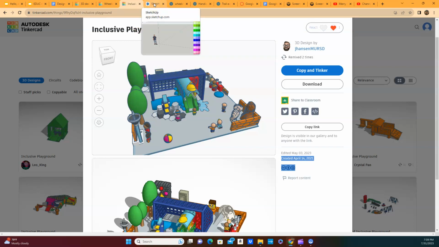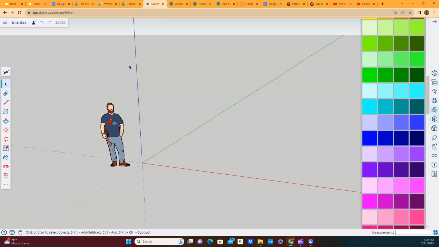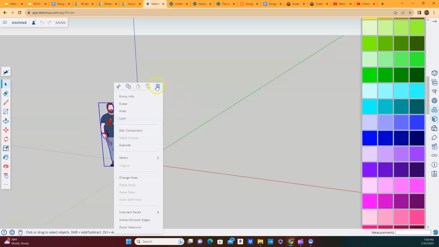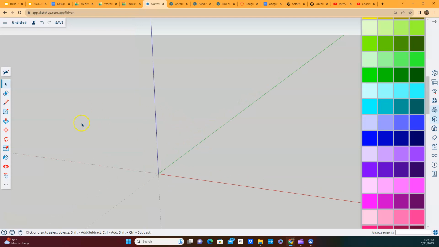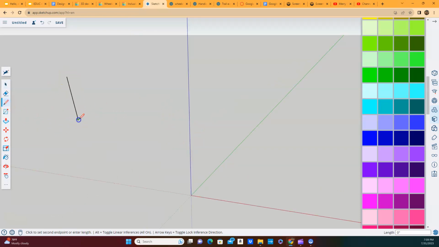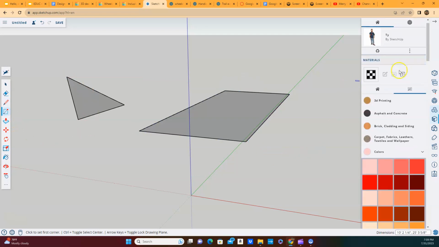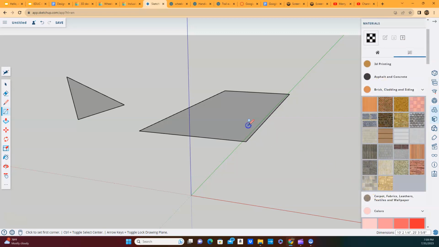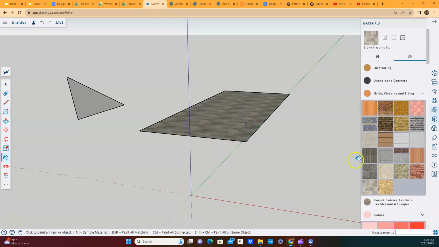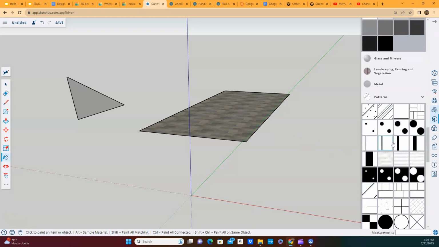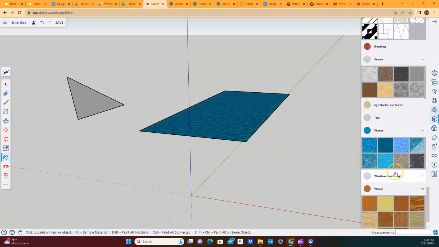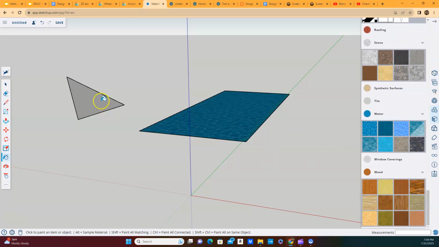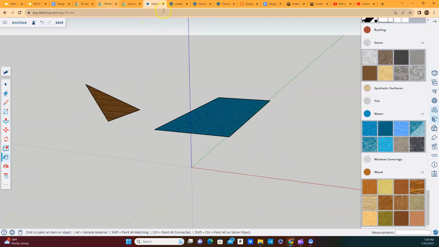So SketchUp is a popular 3D modeling software that offers a free version for educational purposes, and it provides more advanced features and a larger library of pre-built 3D components, which can be helpful for designing detailed playground structures. And so you can draw your own shapes. You can create your own shapes like this. And over here you have your materials. So if you want to use brick or concrete, there we go, or specific colors, they have designs, they have water features. If you want to put wood on your playground, there's a lot you can do with this platform